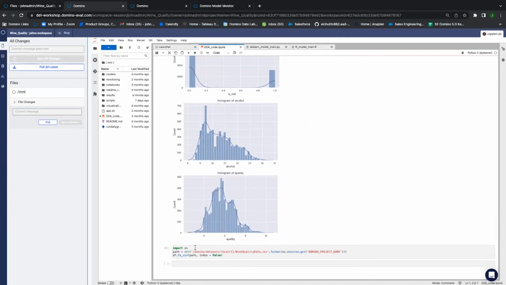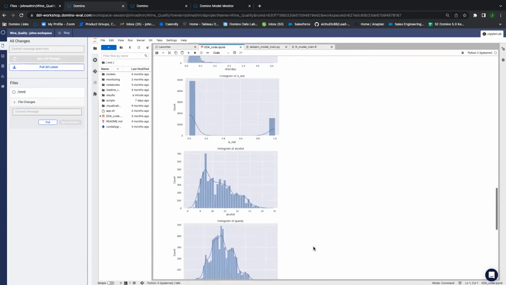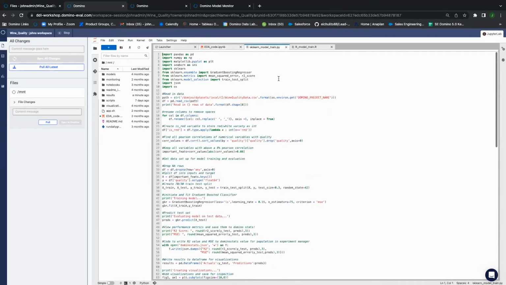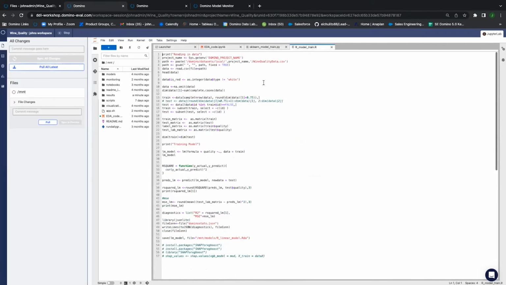When I'm ready, I'm going to write this out as a file so I can use it later throughout my project while I'm building my predictive models. You'll see here as well that I can write code besides just Python. I can write code in R as well, in the same environment, because that environment is a representation of whatever you've done with respect to the Docker image that you want to use for your environment. So you can have a runtime engine for Python or Julia. We have individuals that use runtime engines for Scala. The workspace can even be a SQL editor. Really, the creativity is up to you as to how you want to apply that inside of Domino itself.